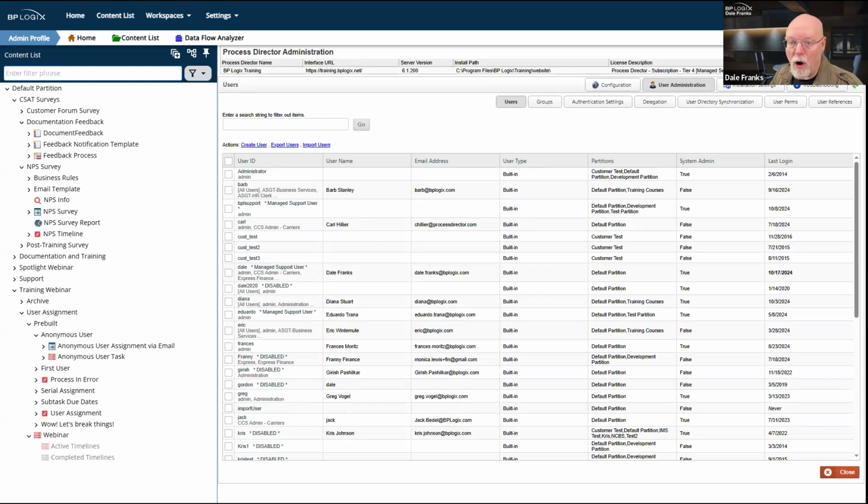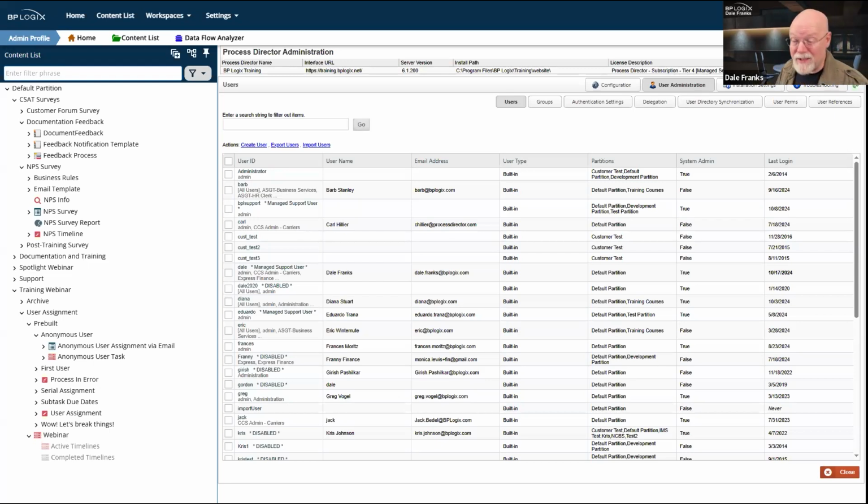Now, if you are one of the customers that has one or two people who are both system administrators, and so they both have godlike control over the system, and they're also the ones responsible for creating all of your applications, then in most cases, not every case, assigning by group is fine, because you can have the group assigned to 1,000 different timeline activities, and anytime you want to change it, you just go into the groups and change it.